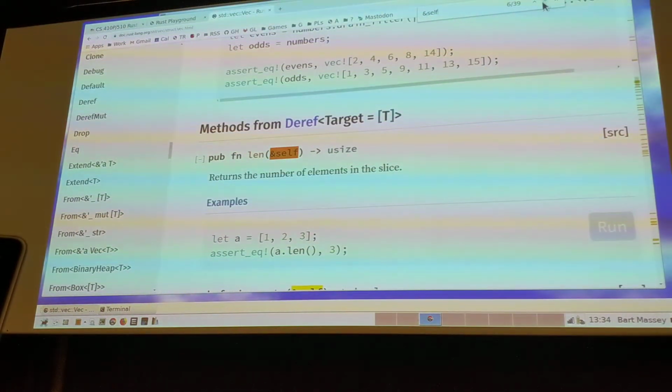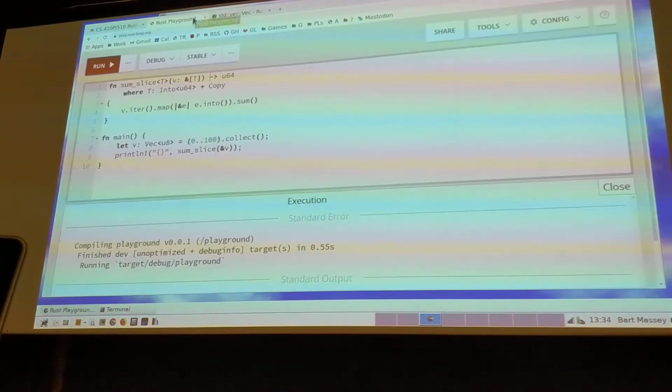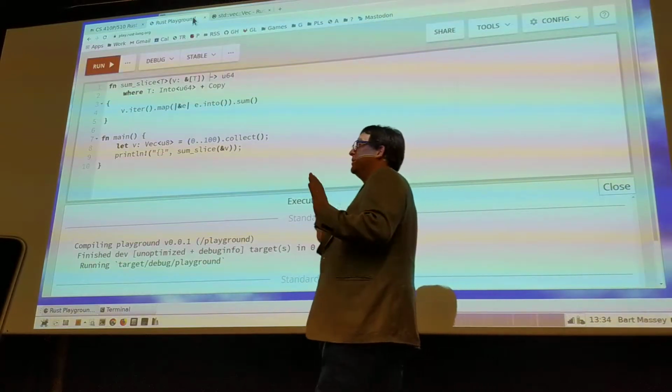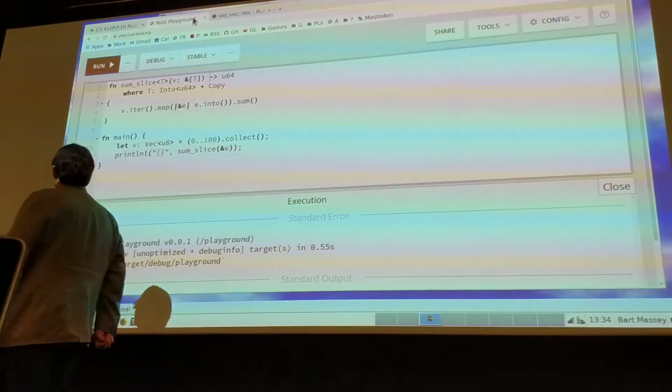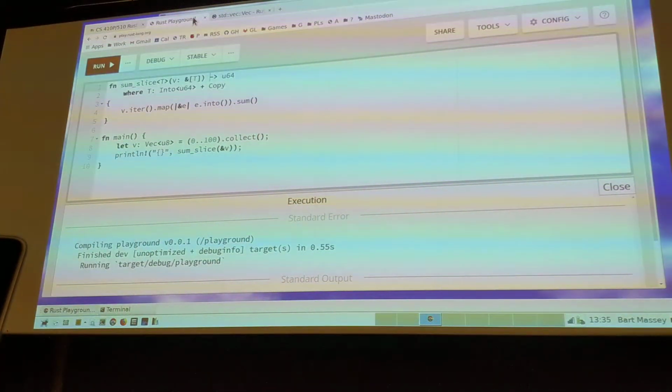And then now we're down into methods from deref. So yeah, there's absolutely no reason not to do this thing. In the current standard library, yeah, maybe you're supporting some future standard library now, but just take this, and don't take some very specific type like U8, it's super magic, right? Do we even know at this point that those things were U8s? Yeah, we do. The type inferencer said, oh well, you're making a vec of U8s,